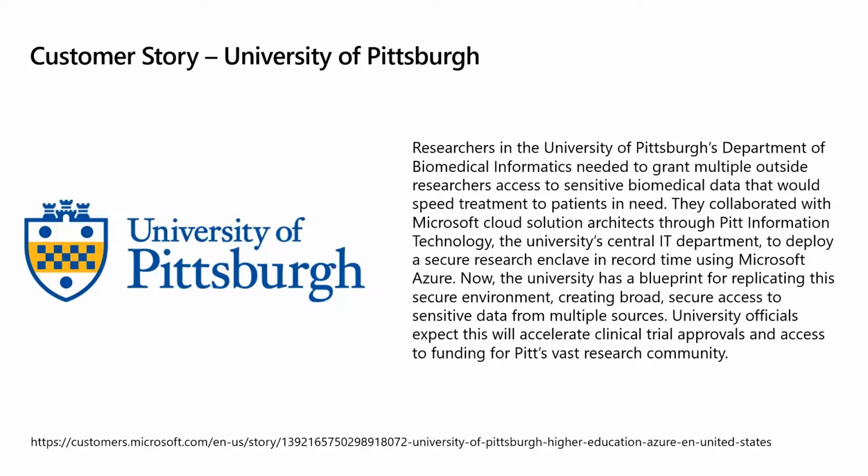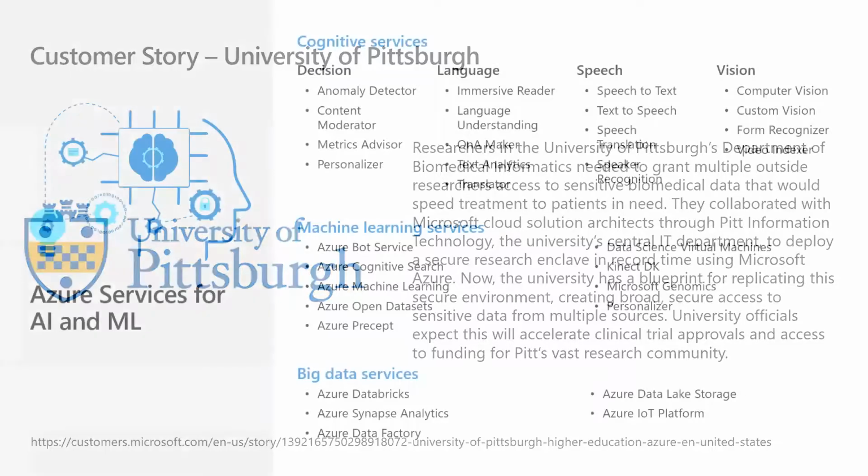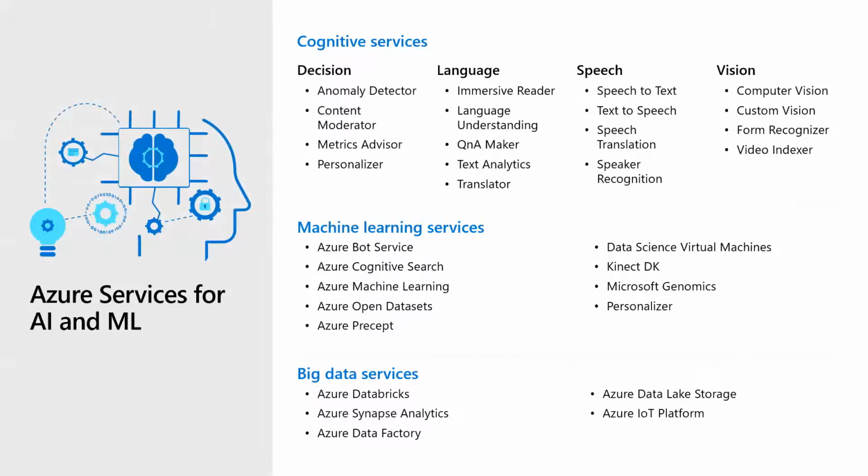So this next one is meant to be an eye chart. I'm not going to go into each one of these, right? But what I want you to see specifically is the services for AI and ML that we offer. So when I talk about University of Pittsburgh or other customers, a lot of times what they're trying to do is take advantage of something that they don't have on-prem, or they don't even have an idea of how to use it or how to utilize it.